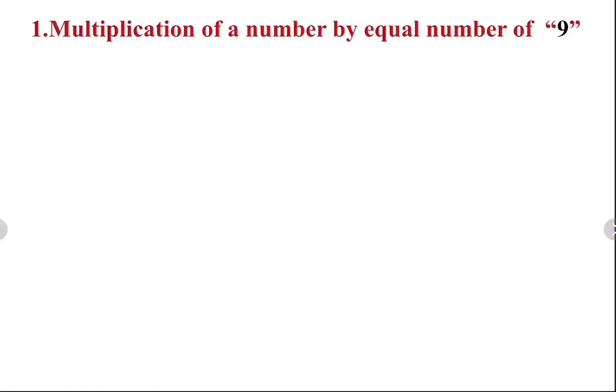So now we will discuss some of the tricks or shortcut methods which are present in Vedic mathematics. Among those, first one, multiplication of a number by equal number of 9. For example, if you take 126 multiplied with 999. Make sure that these two numbers should have an equal number of digits. So 126, subtract 1 from it, this will become 125. Then each digit you have to subtract from 9, from left to right. So 9 minus 1, 8, 9 minus 2, 7, 9 minus 5, 4.